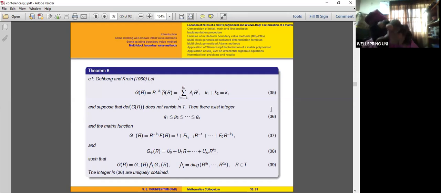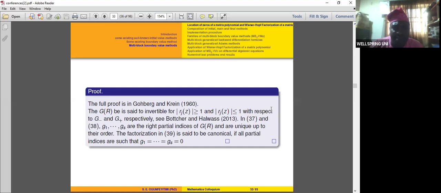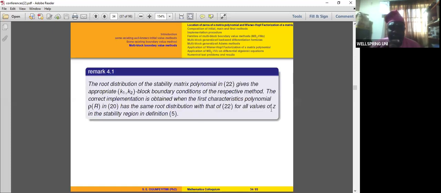But in our case, when G1, G2 are zero, you observe that the roots are in the origin. The roots are all in the origin. That's what equation 39 is trying to explain. Then the remark here